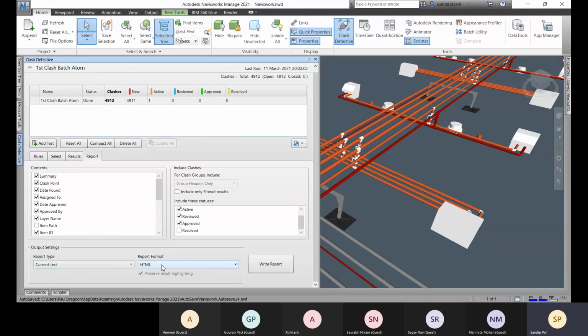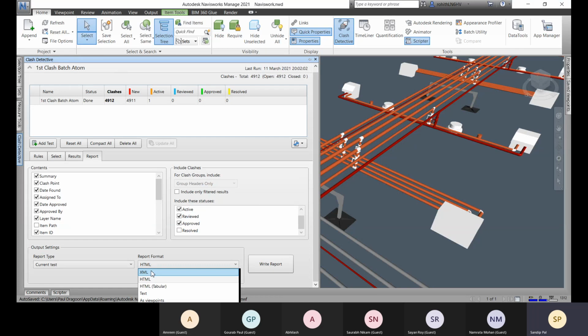And what would be the format? You can go for XML, HTML, tabular text, and as viewpoint. Let me tell you first about XML. The XML file format will be created, and there will be JPG files added, and HTML files will be there. So HTML format, and the same JPG will be there.